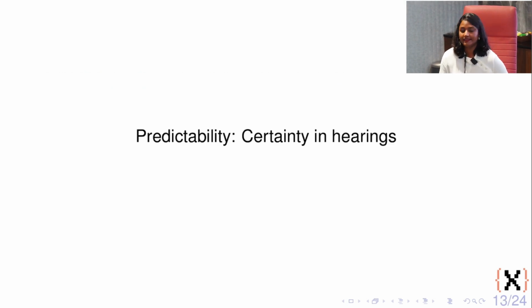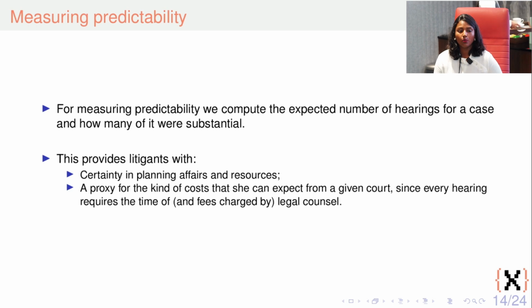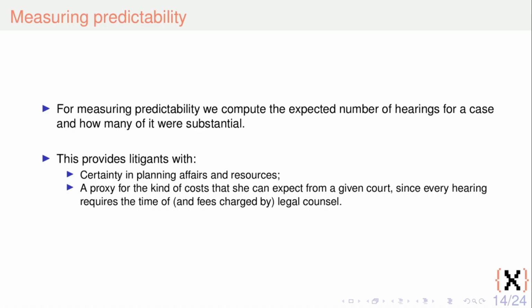Okay, the second metric, that is our predictability. For measuring predictability, we compute the expected number of hearings for a case and how many of it were actually substantial hearings. Why do we do that? As Susan was also going through the intention behind putting this measurement, it gives the litigant certainty in planning her